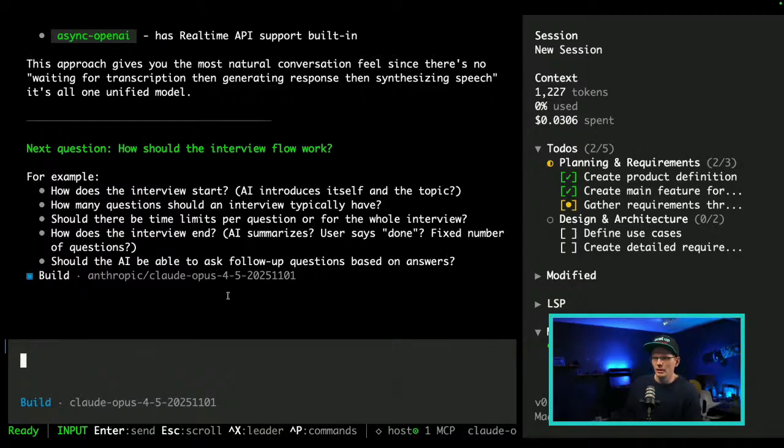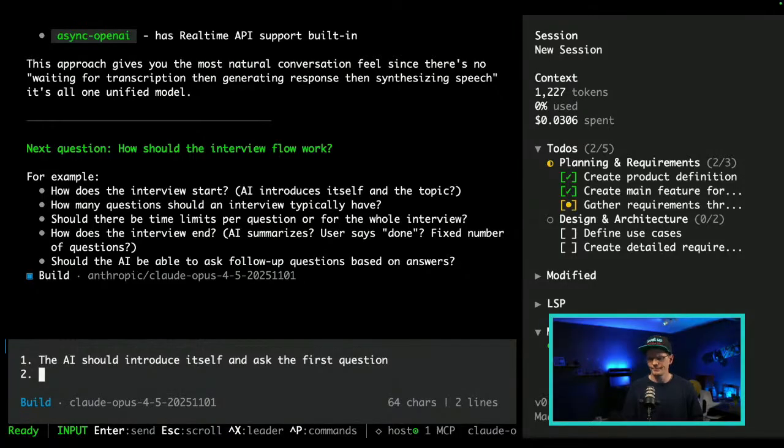Okay, next question. How should the interview flow work? How does the interviewer start? Yes, I think the AI should introduce itself and ask the first question. So how many questions should this be? This should be configurable at start.